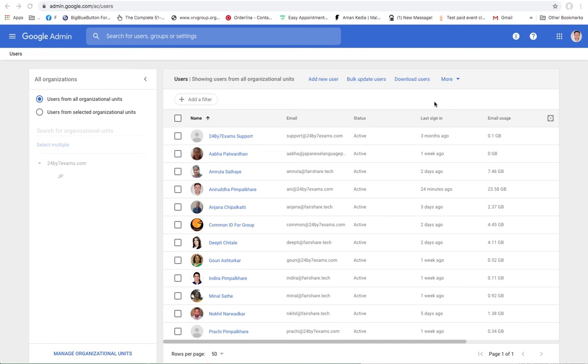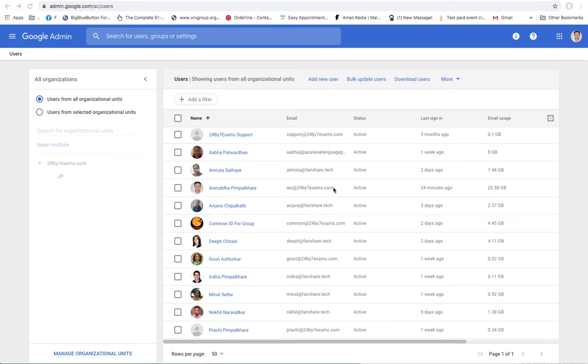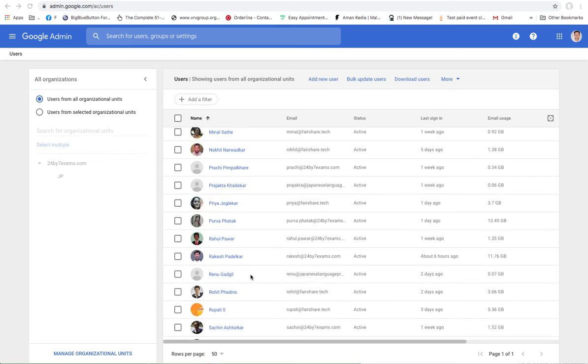But in some cases, the person who is going to check the email is the same, but you want to create more email IDs so that it looks better for your website, for your company, right? For example, in our case, Rohit is the one who takes care of the sales, the marketing, and talking to our clients.